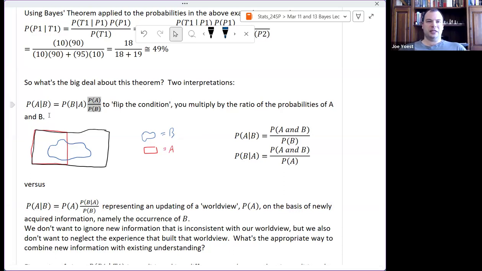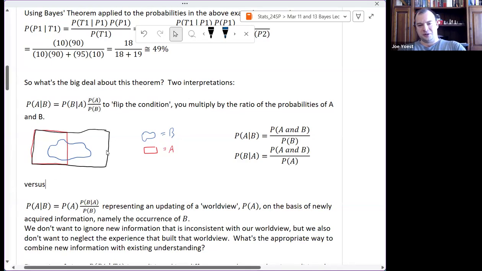So it's a little tool that lets me change which event I'm computing the probability of and which one I'm conditioning on. I can flip the condition, so to speak, across that given line, and I can compute probability of B given A instead of probability of A given B. Maybe that's a little easier for me to compute in some situations. Okay, that's pretty nice. What's the big deal? And this little picture here kind of goes along with that.